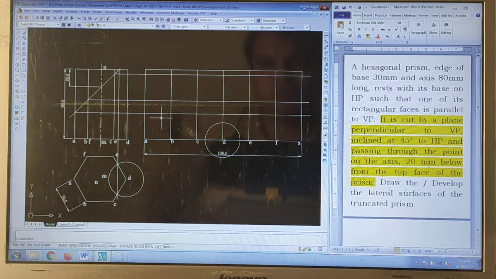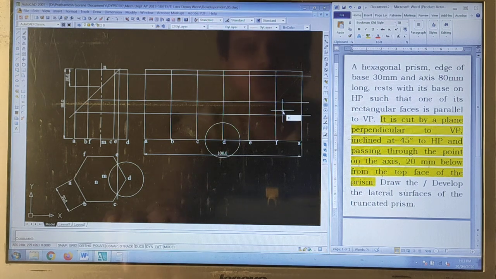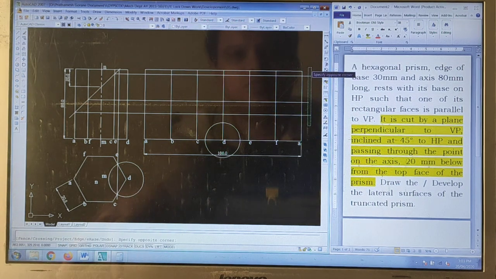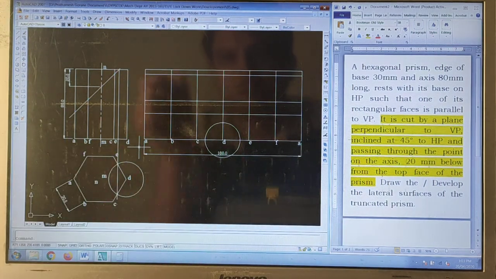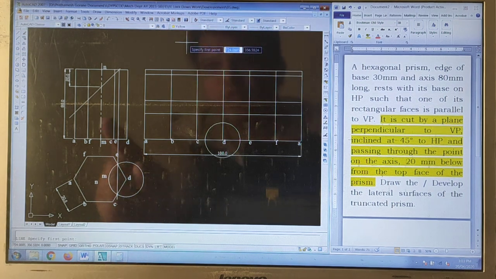Now let us do the development part. Unwanted portion, let us trim. Now if we draw a line with the help of yellow color, which is the first point?